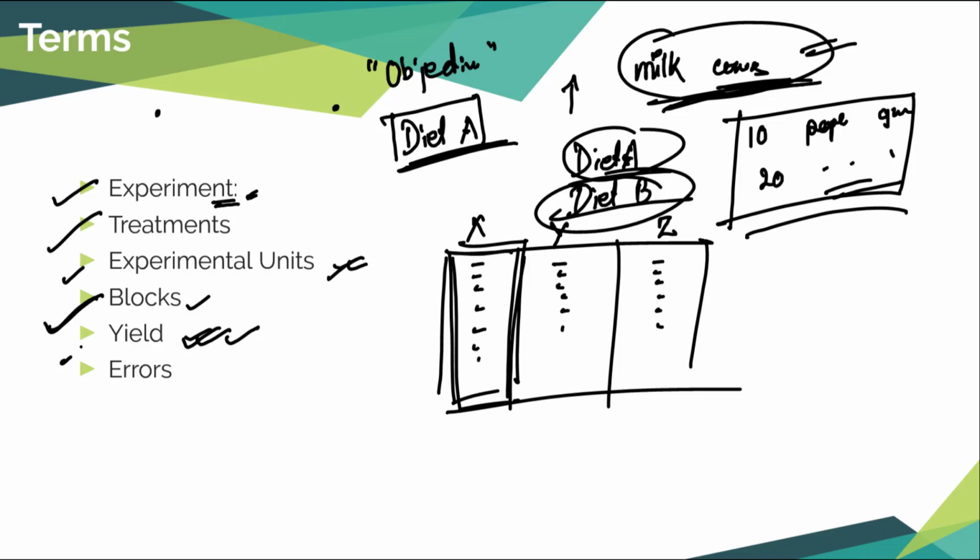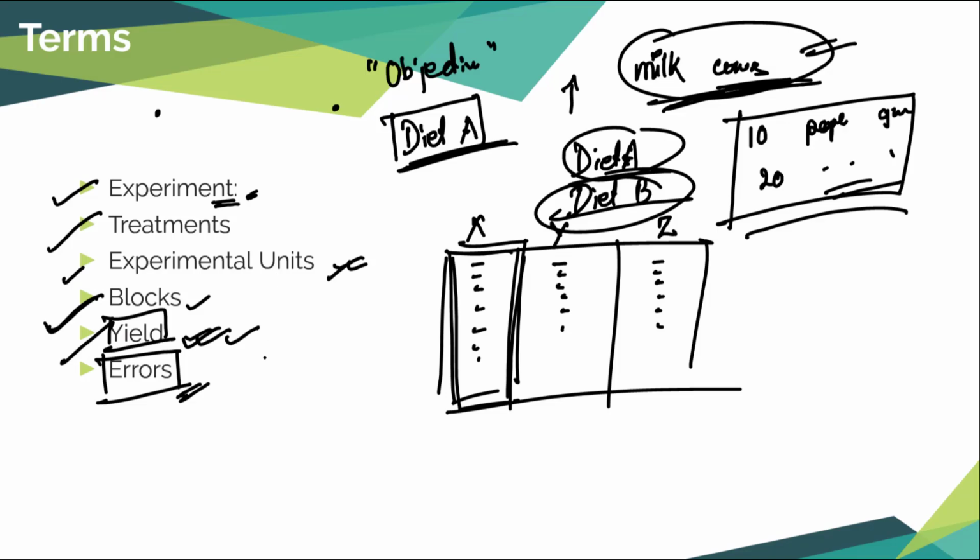So that is yield. And the last one is error. Now what is error? I have already discussed error in explaining analysis of variance. Error is that proportion which is unexplained, right? The amount of variation in our yield, the result, why they are varying, and the amount that cannot be explained, is termed as